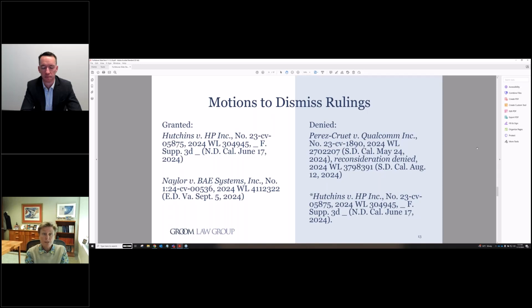When a motion to dismiss is granted, that means the defense was able to convince the court that even taking all the factual allegations as true, it still doesn't result in a violation of the law. So the motion to dismiss for the HP case was granted,